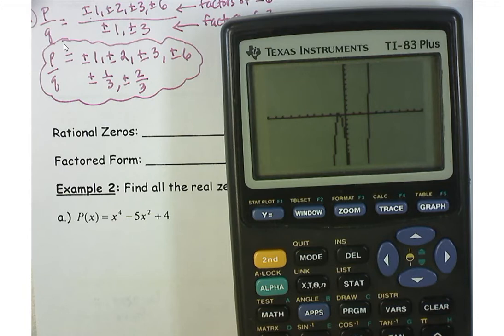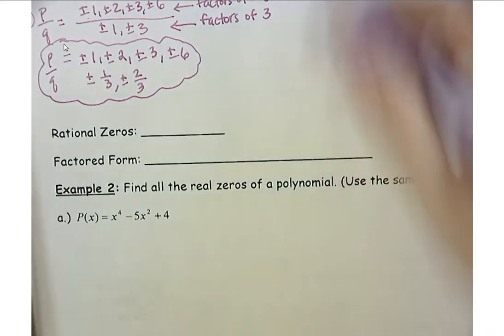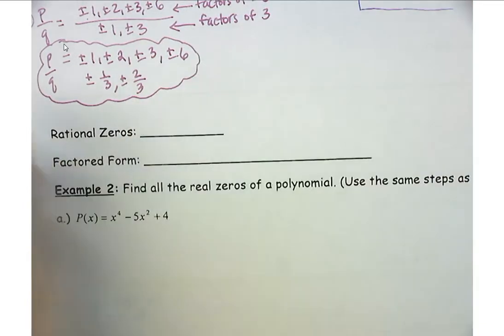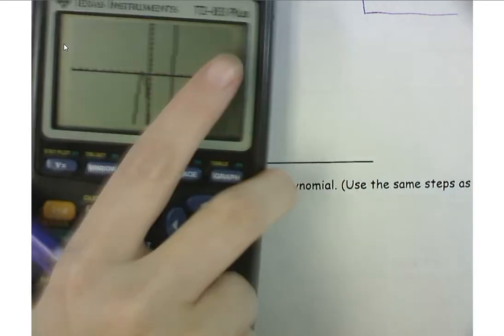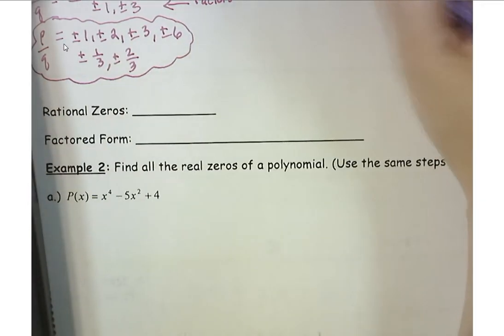Right, so which one did you guys choose to test? 3? Okay. I will do that too then. All right, so if we test 3, because we can obviously see it's going through 3 here, that's great. Remember when you set up your synthetic division, you do want to watch out for